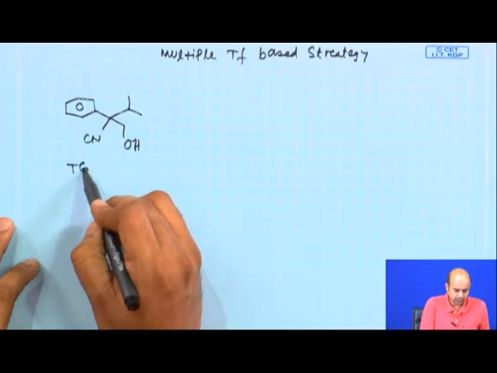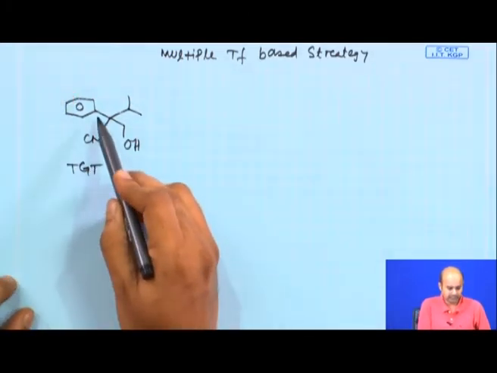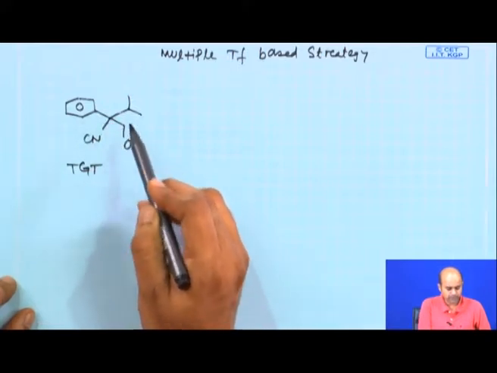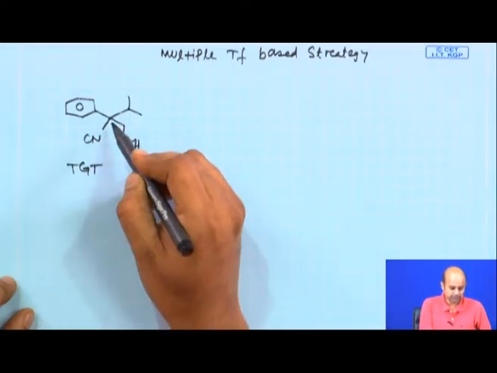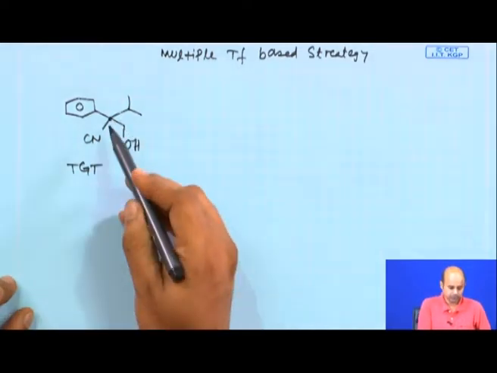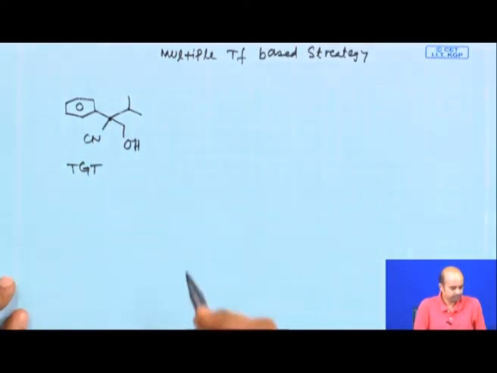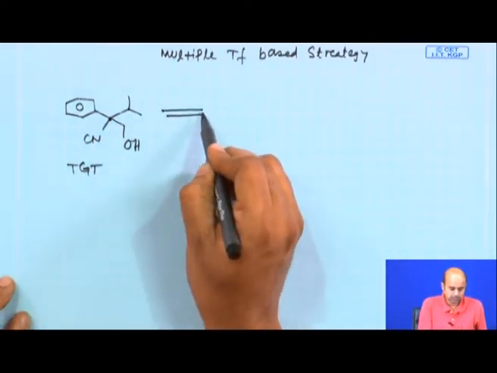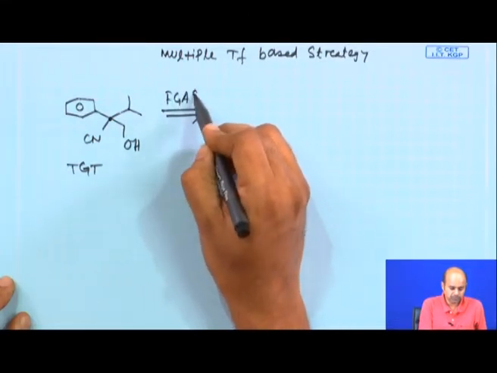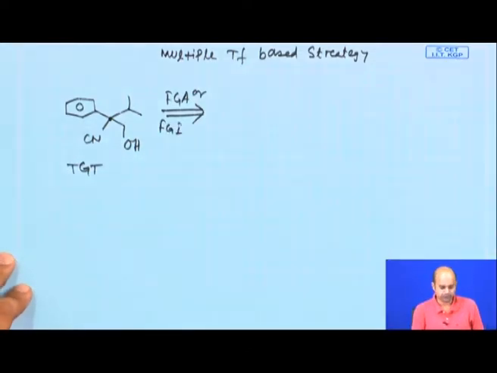This is a target molecule which contains a phenyl ring, and it has an appendage with a cyano, CH2OH and an isopropyl group. So, this carbon is an all-carbon quaternary carbon with the phenyl, cyano, CH2OH. I will do a functional group addition or functional group interconversion, a purely FG based approach.